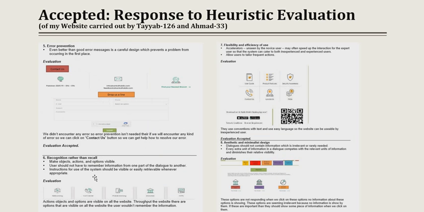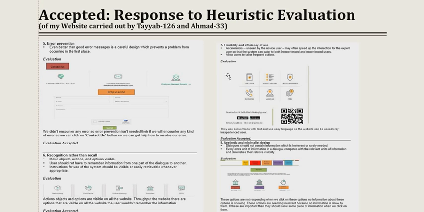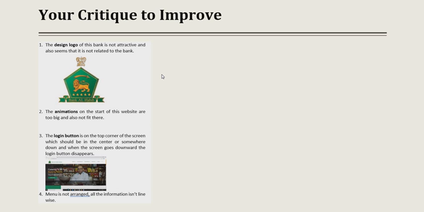And there is the next one: actions and objects are visible throughout the website. There are options that are visible on the website. The user does not have to remember the information. This we also accepted. And the seventh one, flexibility and efficiency of use. Accelerators unseen by novice users may often speed up the interaction and allow users to tailor frequent actions. They use conventions with text and easy language, so the website can be usable by an experienced user. So we accepted all these evaluations by them,